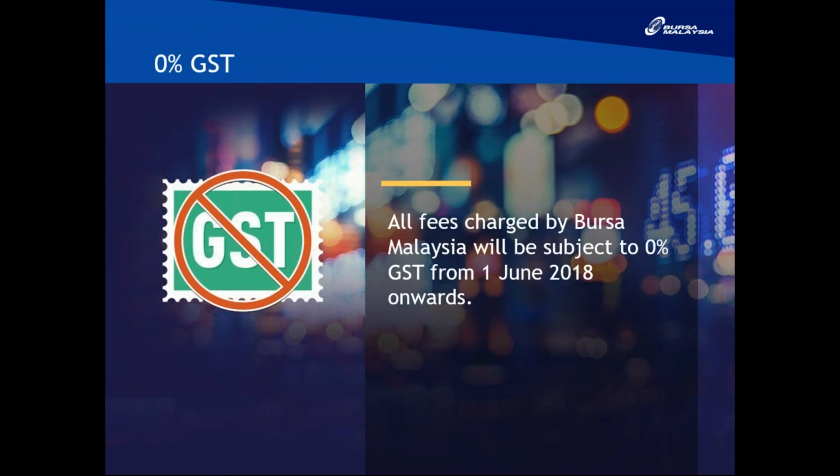And this is also to encourage everyone to trade ETFs and structured warrants, which you have learned today. And the last one is GST. So as everyone knows, GST is zero rated from 1st June onwards. So hopefully this will help to encourage everyone to